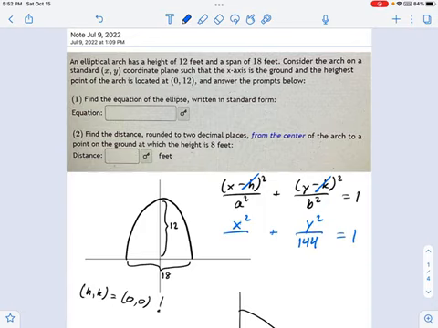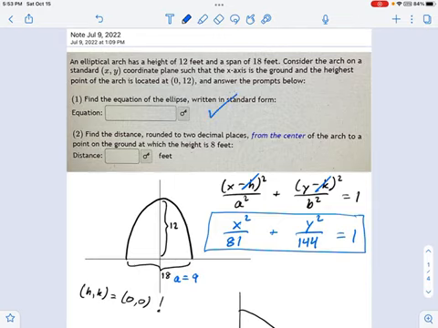Okay. They give you enough that you can find the semi-minor axis, this guy right here. If you remember that 18 is the full distance from covertex to covertex. That means that b is equal to half of that, 9, the distance from the center to a covertex. So 9 squared is 81. Right, so this is my equation.